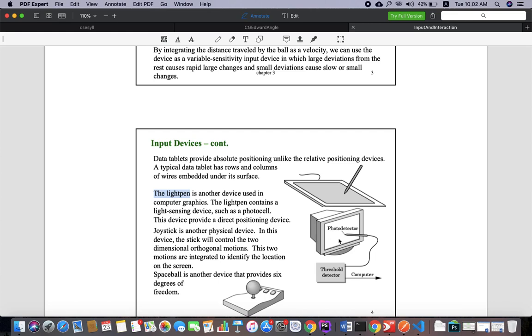So you might have seen the smart pen here, smart pad, right? There is a concept called a smart pad or the signature pad, which works on the same thing. So we have a photo detector, and whatever you draw with this particular pen will be detected, and that particular drawing will take place. This is another input device which we majorly use in computer graphics.